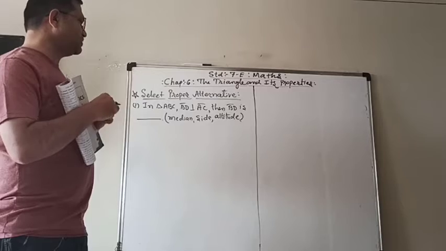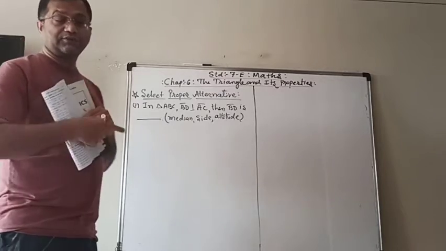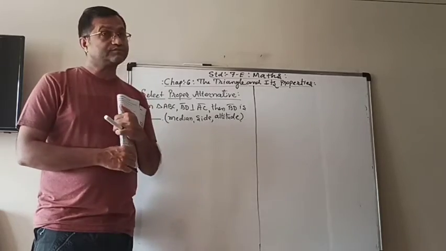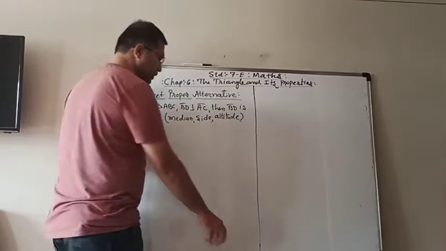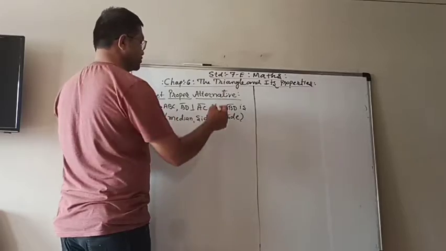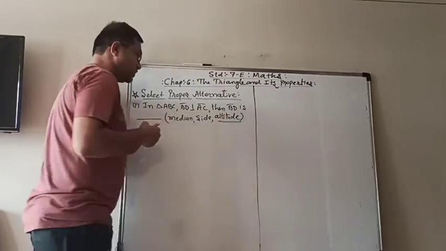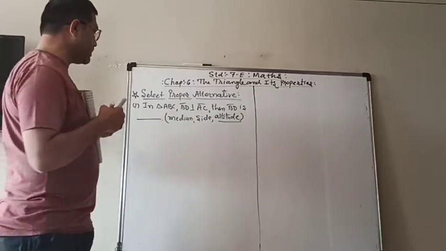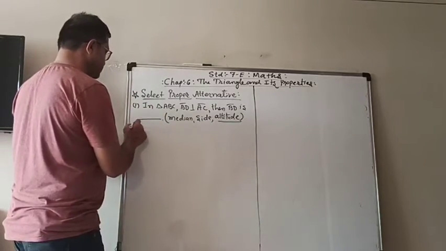So now when a perpendicular is drawn from the vertex to the opposite side, what do you call it? Obviously it is called an altitude. So your answer is altitude. So I am underlining the answer with the green marker. Second,